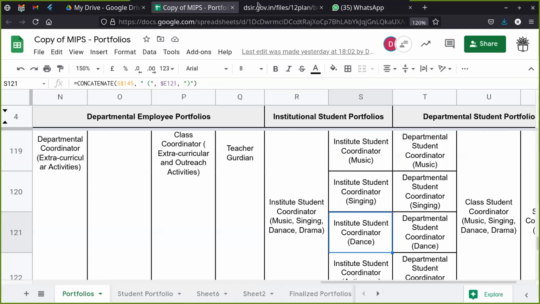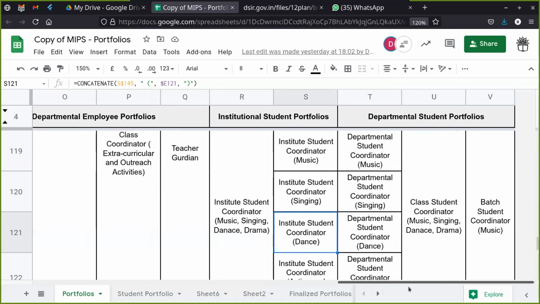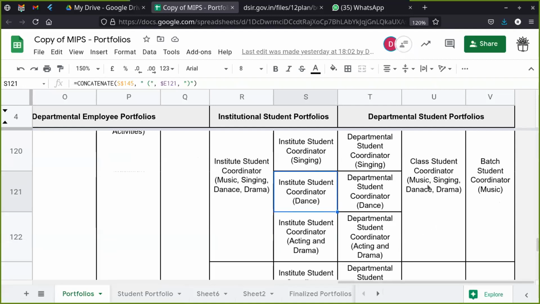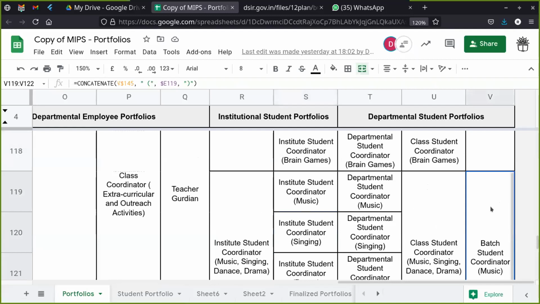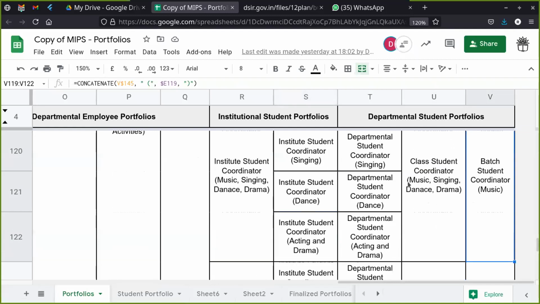I just saw the number has dropped to 448 now, and many students have probably left, about 50 of them. So I understand you will have subsequently a class coordinator. Now what we see here is a batch coordinator, and against that batch coordinator for music, we have a class coordinator for music, singing, dance, and drama.